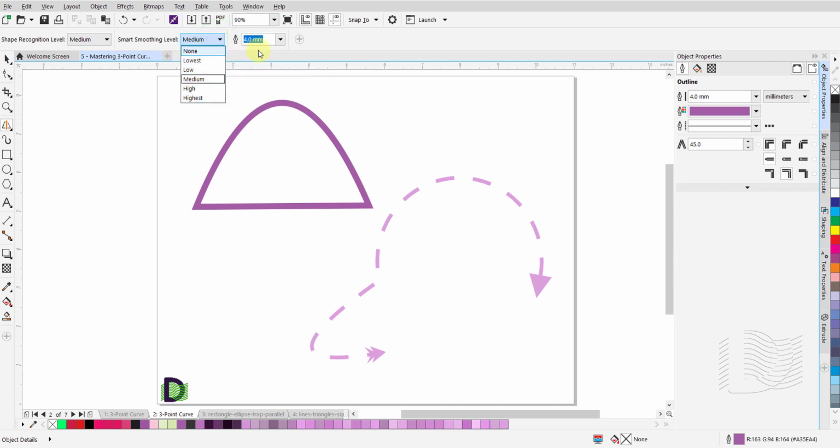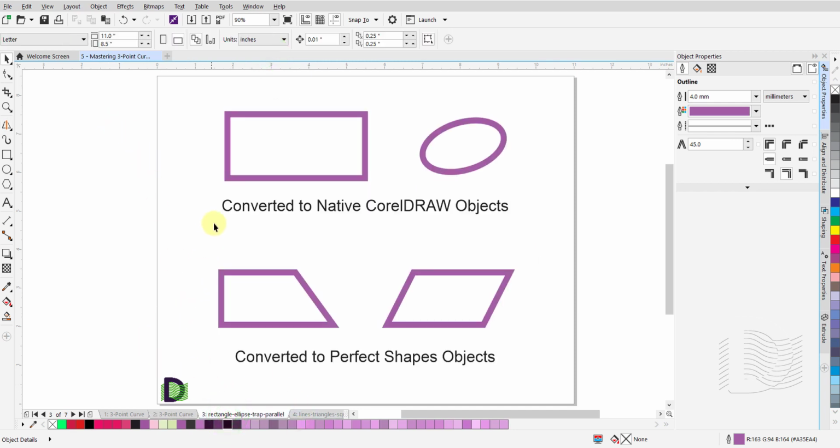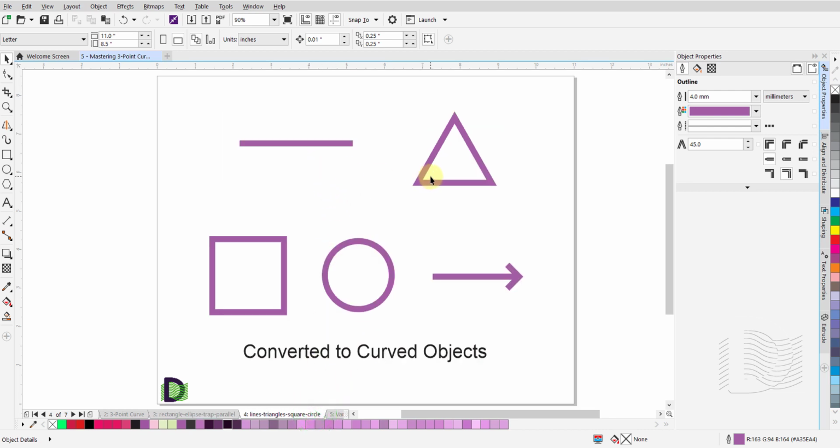You can draw freehand strokes, and the Smart Drawing tool is able to recognize and convert these to basic shapes. Rectangles and ellipses are converted to native CorelDRAW objects, whereas trapezoids and parallelograms are converted to perfect shapes objects. And lines, triangles, squares, circles and arrows are converted to curve objects.